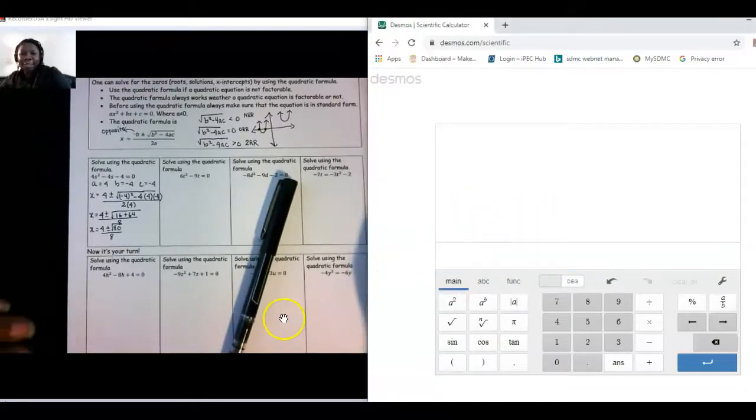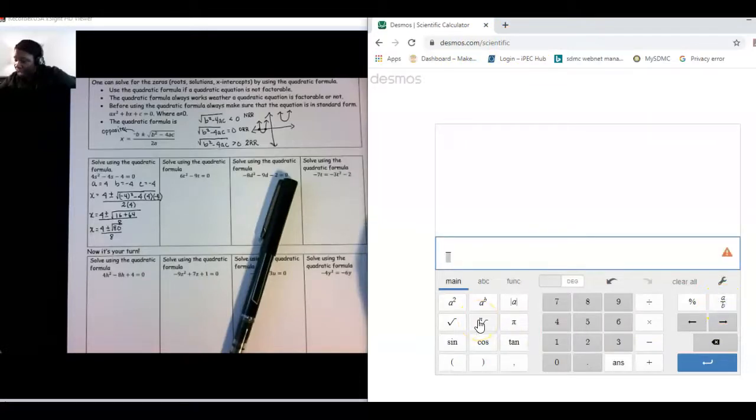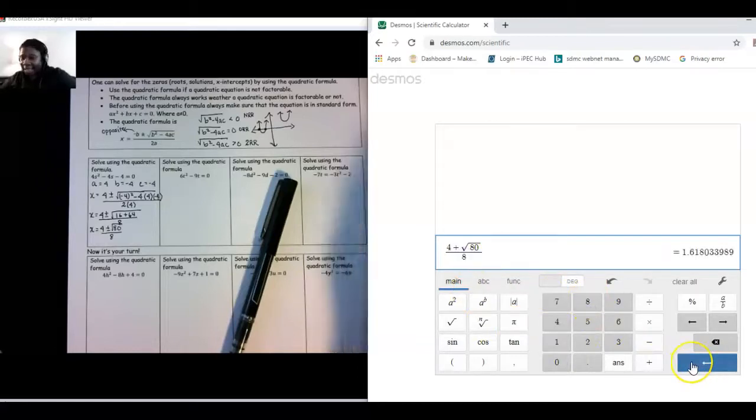Okay, there we go. And all you're going to do is notice my URL here is desmos.com/scientific. So over here on the right, I have a fraction bar. I'm simply going to use that fraction bar, and I'm only going to type this part, but let me show you how. Remember I said that there's 2 zeros? This is where the plus and minus comes into play. So the first one I'm going to do is 4 plus the square root of 80 divided by 8. And that gives me